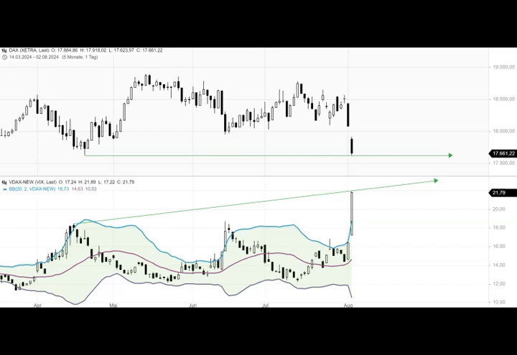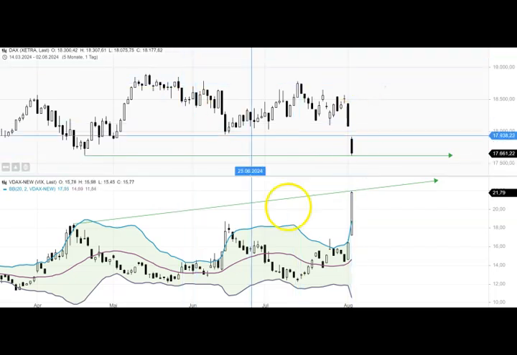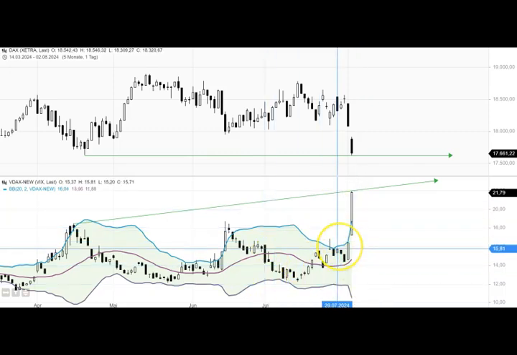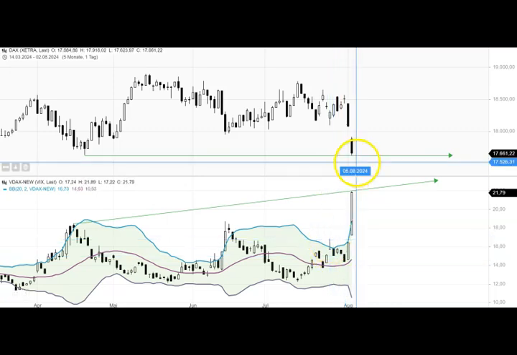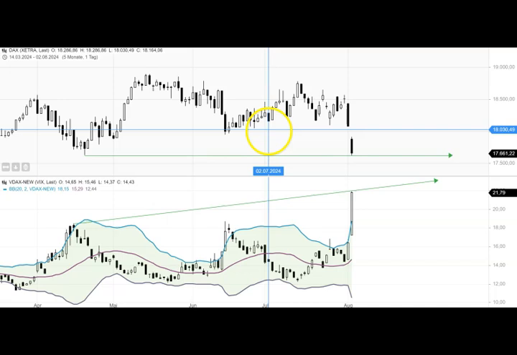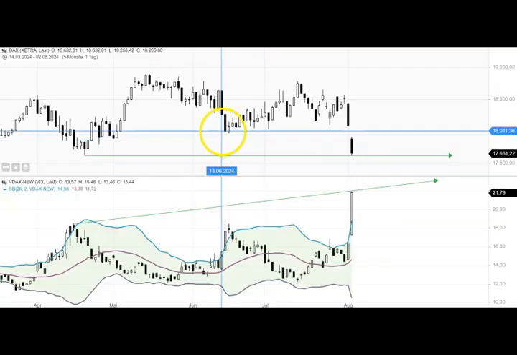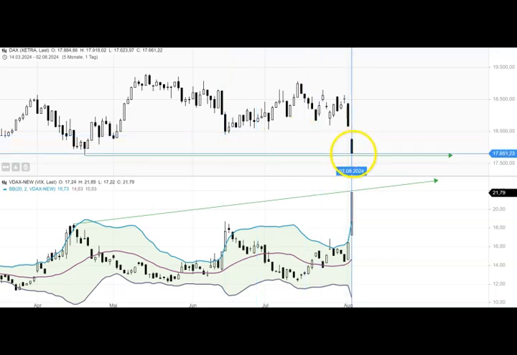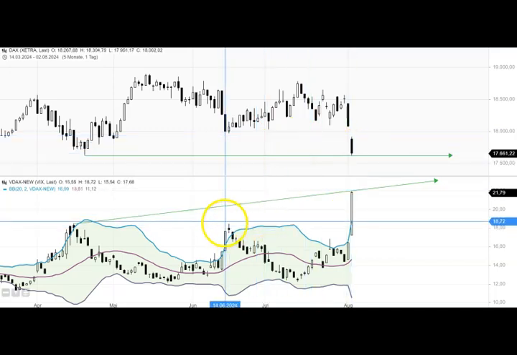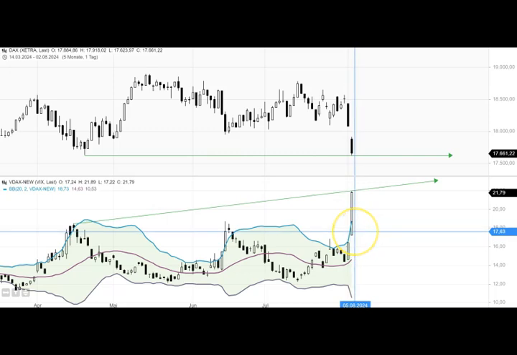We stay within the daily time frame. What you see here is the DAX and the VDAX. The VDAX is the volatility index of the DAX, which is nothing more than the VIX of the S&P. It's the same thing. And this morning I told my members we're going for positive divergence, which means here you have a low and there you have a lower low, and we had a high at the VDAX, and in the morning we had a lower high, and that was actually a very nice positive divergence at that point.